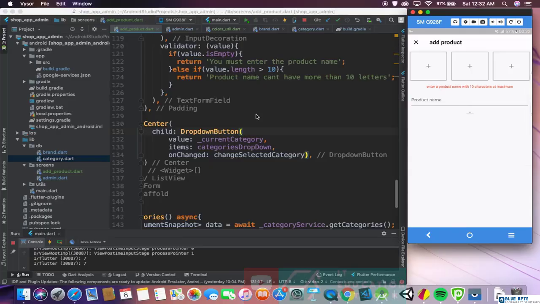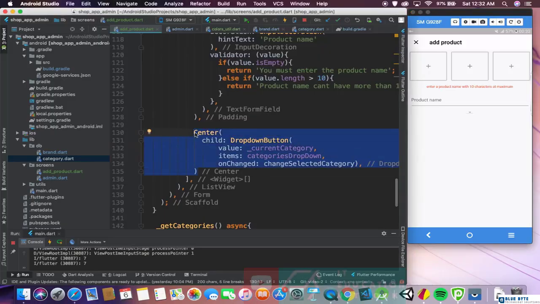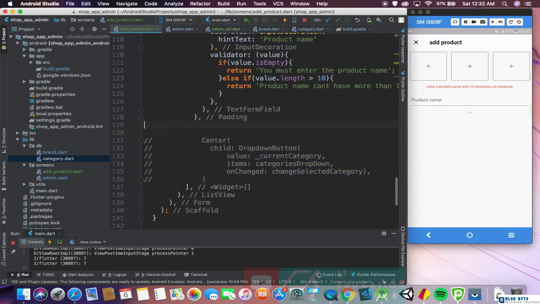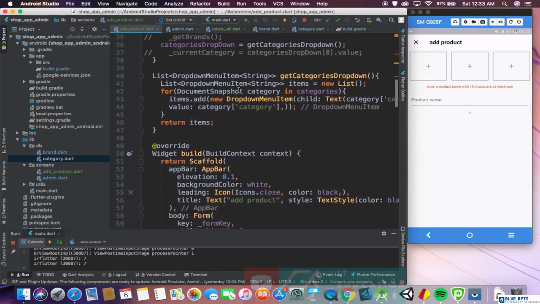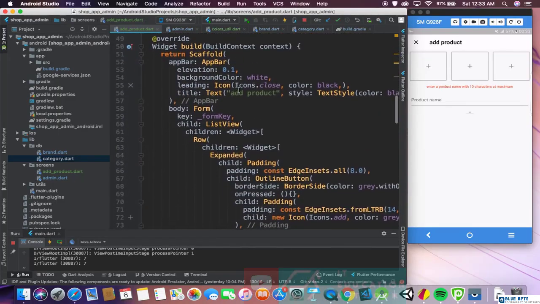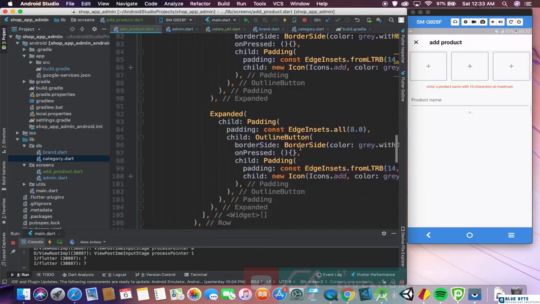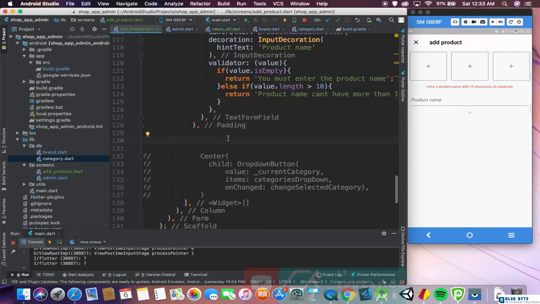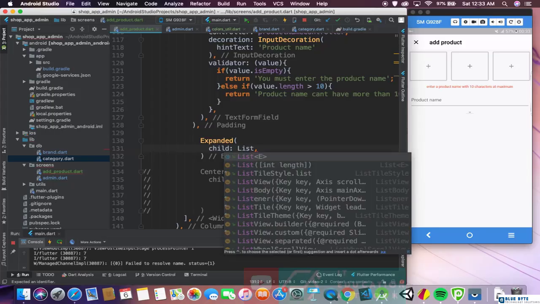Okay, this is nothing nice. But just to show to you guys that we are actually now getting the values, we can just do a simple, let me suppose I will turn this list view that's inside of a form into a column, and I come down here, I'll use expanded, and then in here I can use child, we will use a list view builder,